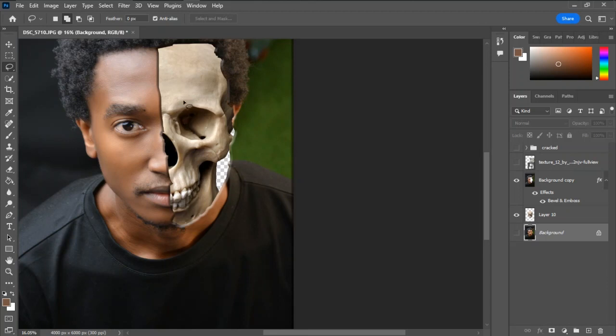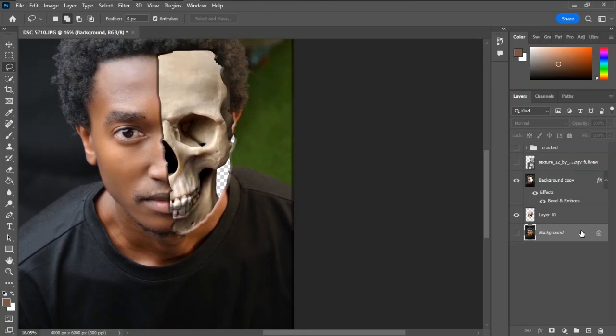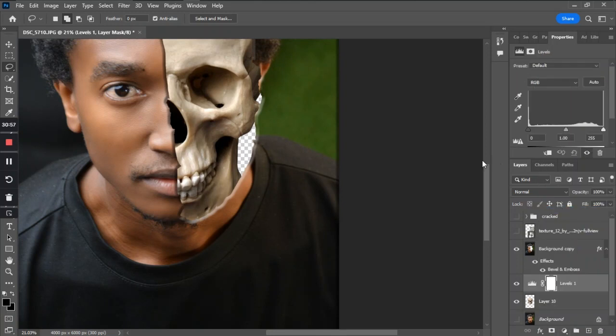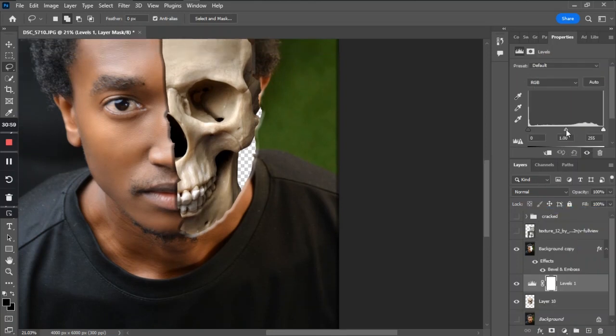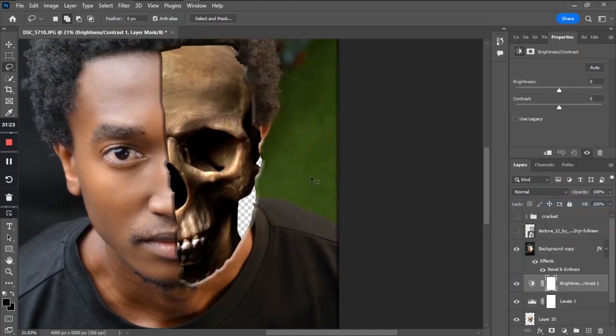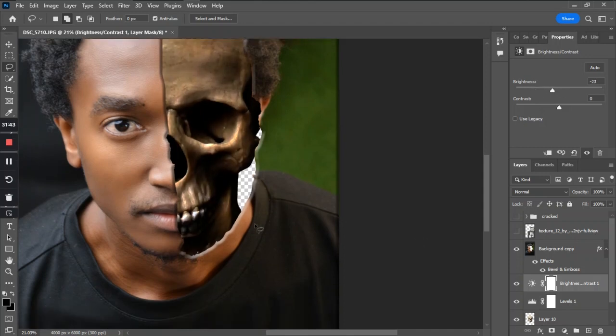So we are going to match the lightings on the skull and the face. So first of all, we're going to use the adjustment layer, the levels, and we're going to move the midtones just here like that. Then after that, I'm going to add some brightness and contrast adjustment to reduce the brightness. So just a little bit right there. Turn on this,